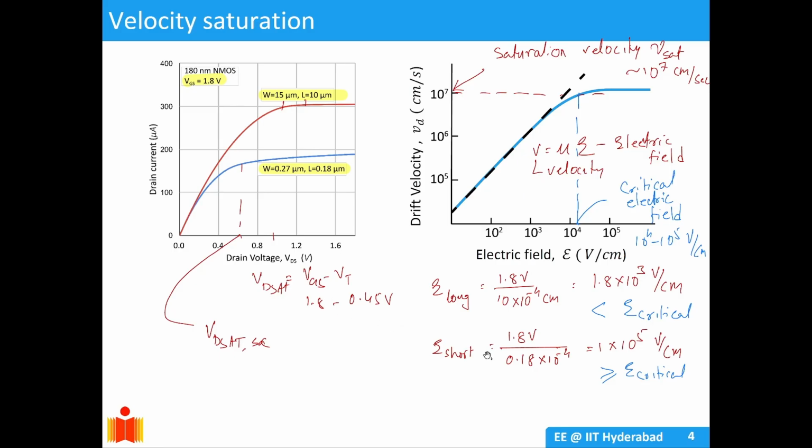But in short channel MOSFETs, for the given gate voltage, the electric field is 1 times 10^5 volts per centimeter, which is much larger than the critical electric field. So it's very easy to reach the saturation velocity in short channel MOSFETs,